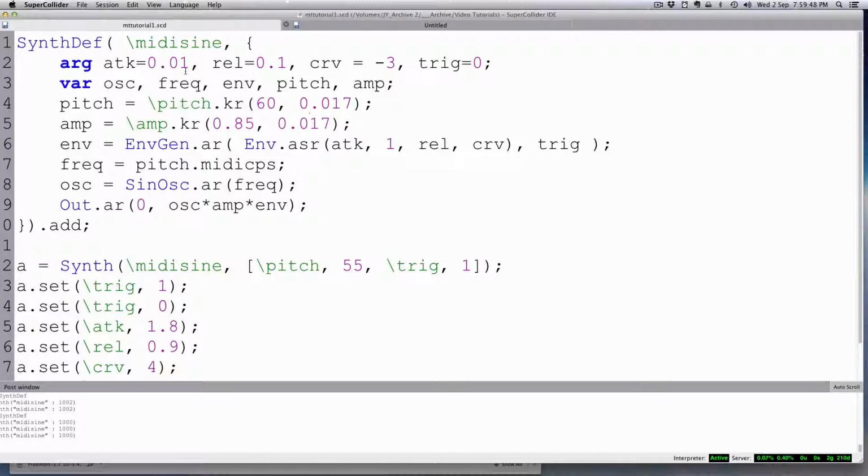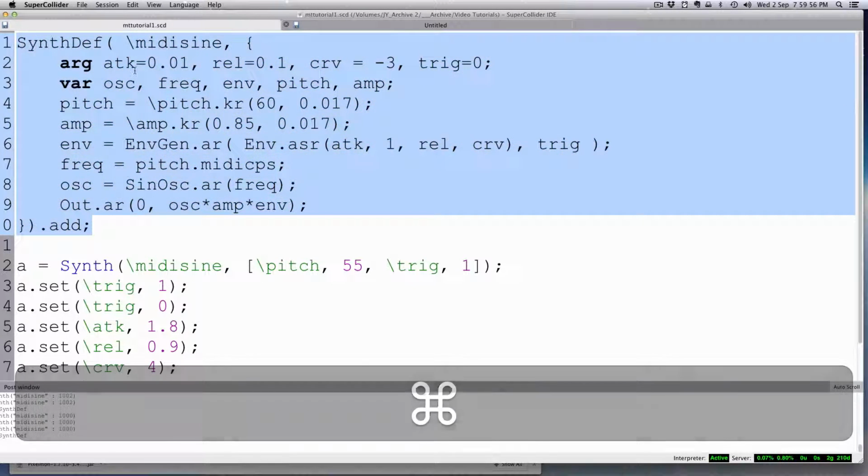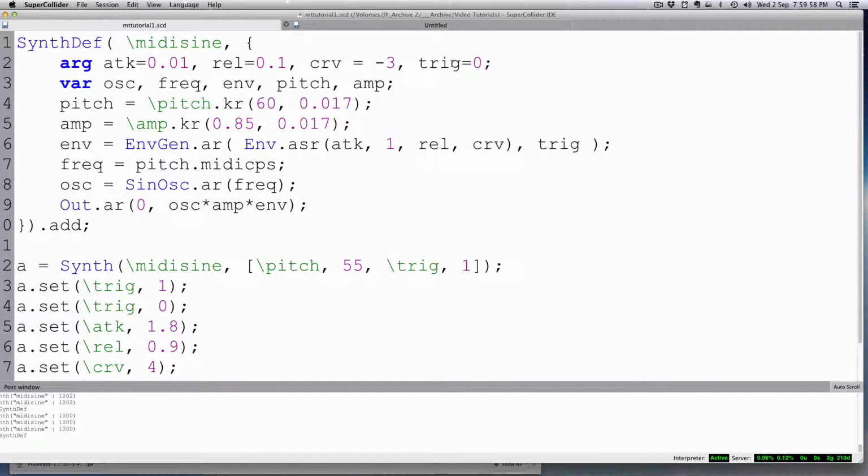Now I just want to take a moment to review this idea of setting arguments on the fly. So we have our synth here, and we define a number of arguments. We have attack, release, curve, trig. Don't forget our control rate arguments, which are pitch and amp here. All right. So we can start